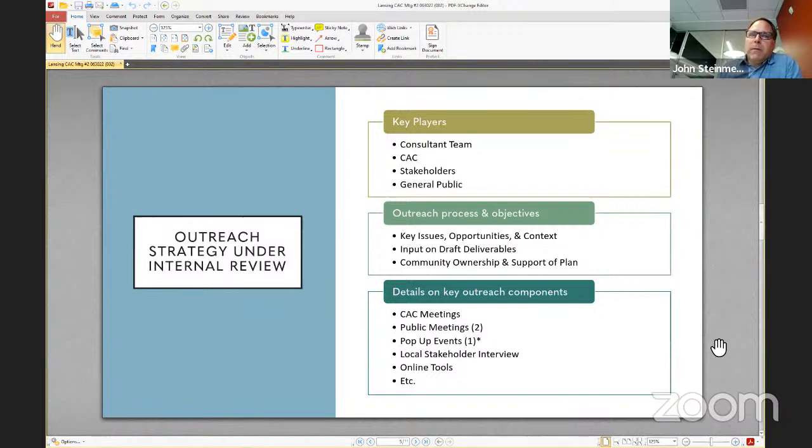We don't want people feeling that they have to stop by the pop-up event and take 15 minutes to fill out a survey. We more want to have a conversation with them, and then if they're so inclined, and hopefully they are, we can direct them to that survey and say, if you want to give us some more opinion, here's the QR code, or here's the address, or if we as a group decide to do paper surveys, here's a paper survey, you can fill out now or take with you.